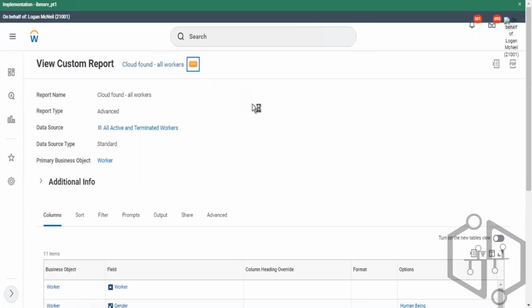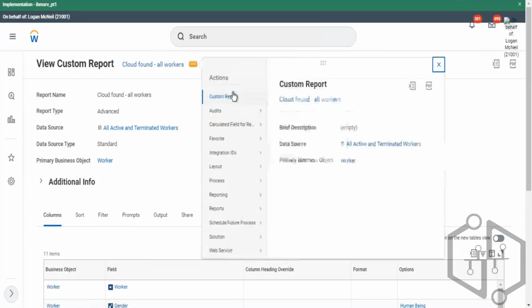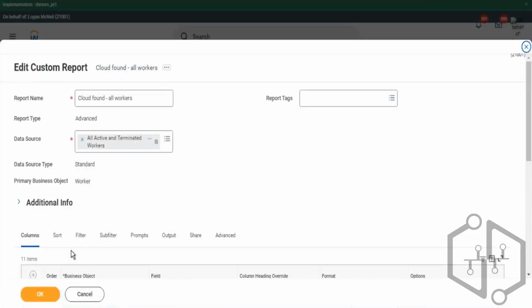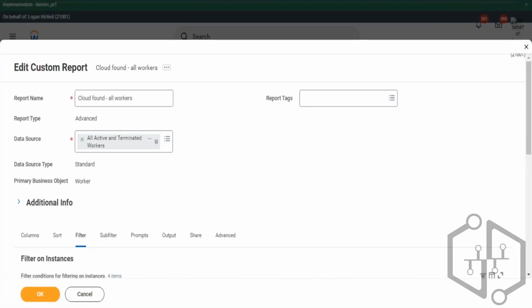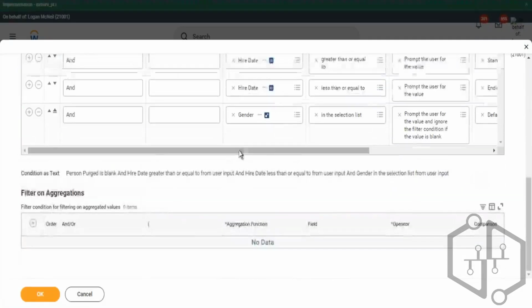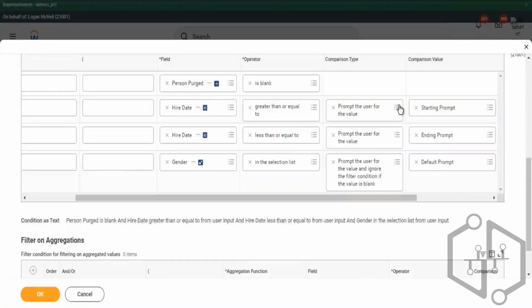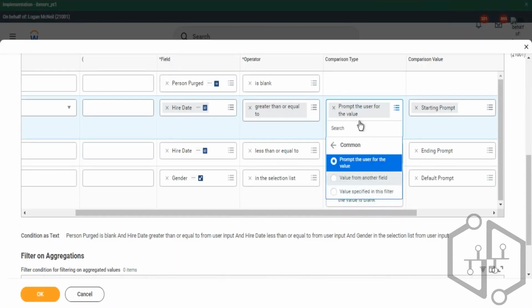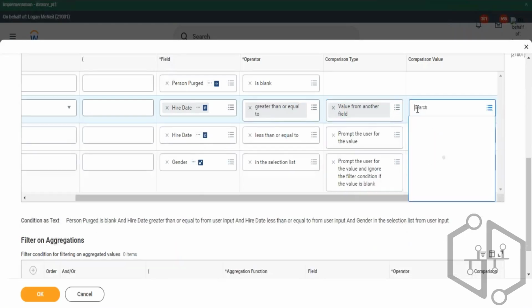So I could have gone in here. Now this is where that value from another field comes in handy. So instead of doing this, I could have gone into filter and said hire date greater than or equal to value from another field and said, okay, today minus 6 months,